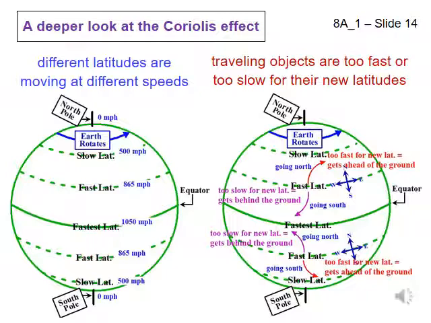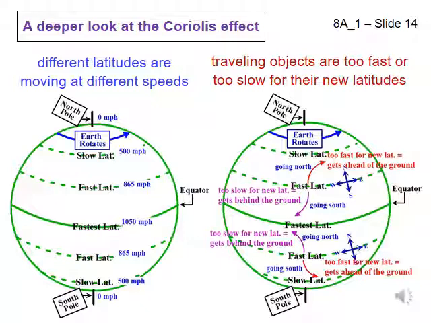Objects have momentum equal to their current latitude. If an object moves over the surface of the Earth and changes latitude, it is too fast or slow for its new latitude, causing it to get ahead or behind other objects at its new latitude. For example, if a wind starts at the equator and moves north, it is going too fast for its new latitude. The sun rises in the east, so the Earth must be turning towards the east. Since the Earth rotates towards the east, the wind moving north away from the equator will be moving both north and too fast to the east for its new latitude, so the wind ends up going both north and east, not just north.